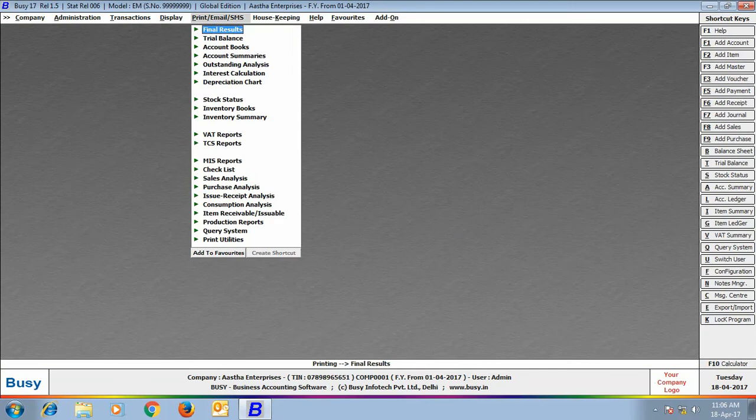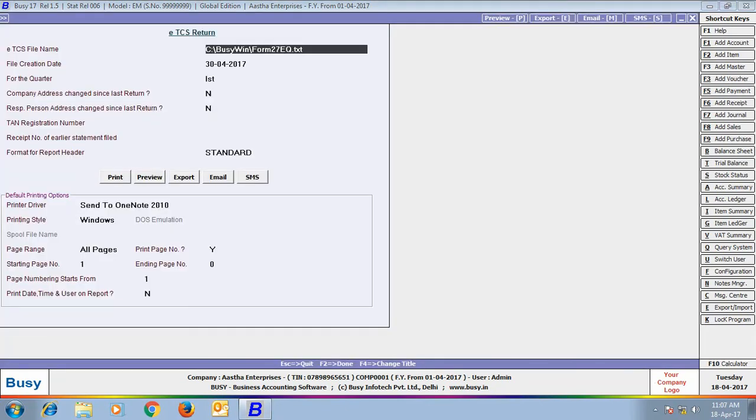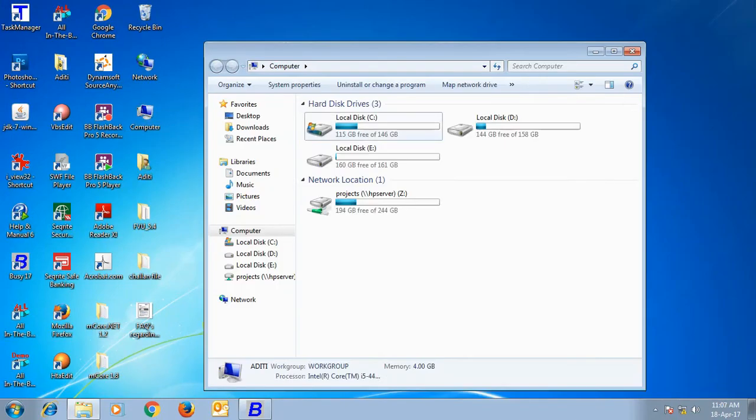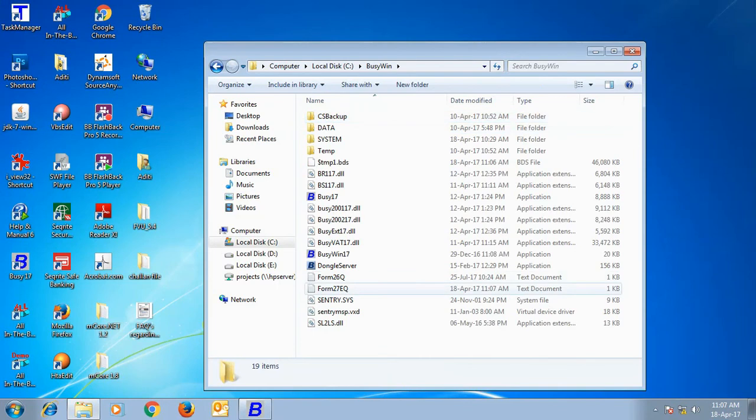Next, we will go to Print Email SMS menu and generate eTCS return. Here we will specify the path where the e-return file will be generated. On clicking the OK button, a Form 27EQ file will be generated at the path specified by you. Next, we will open the